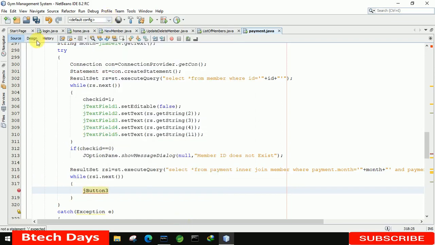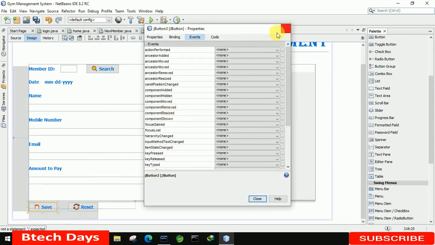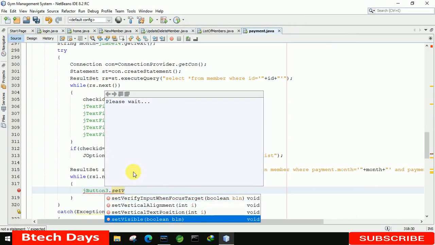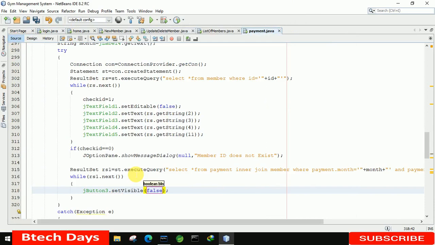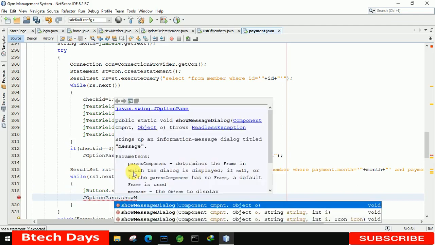Let's check it out. Yeah, this one is button 3. So we have to make it setVisible false.